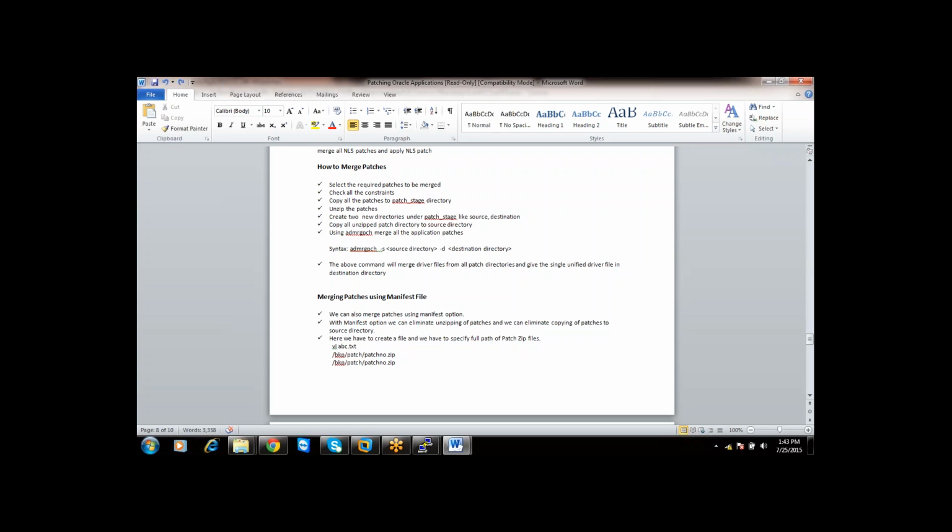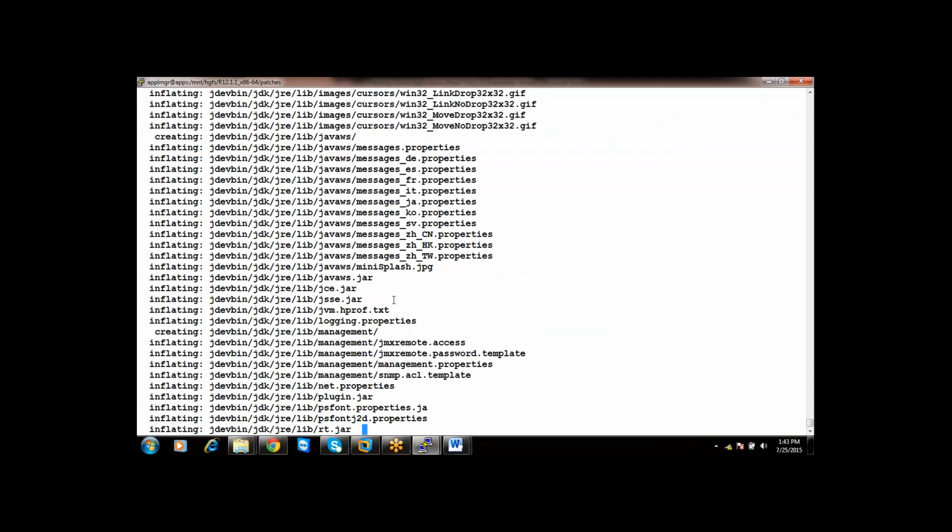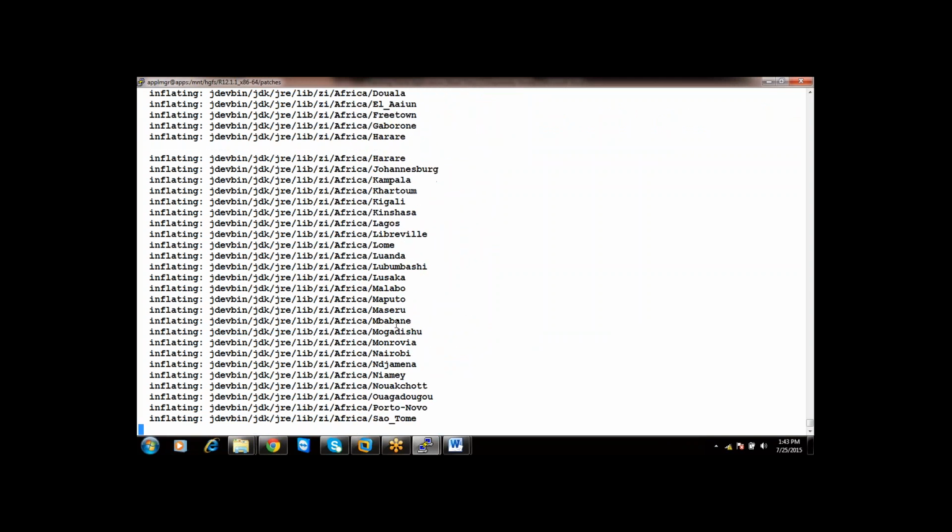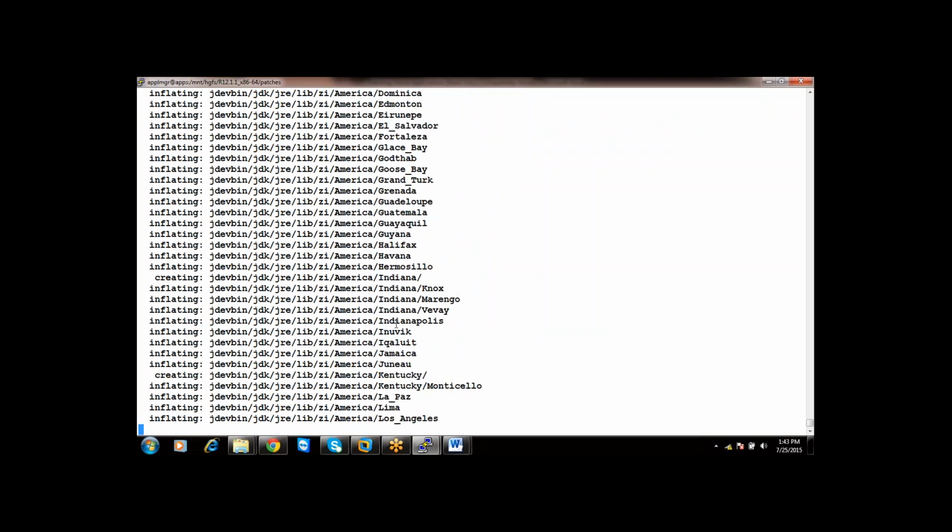One unified driver will get created in the destination directory. While applying with AD patch, if you submit this unified driver file, your AD patch will apply all the merged patches. Why is this taking so much time to unzip?